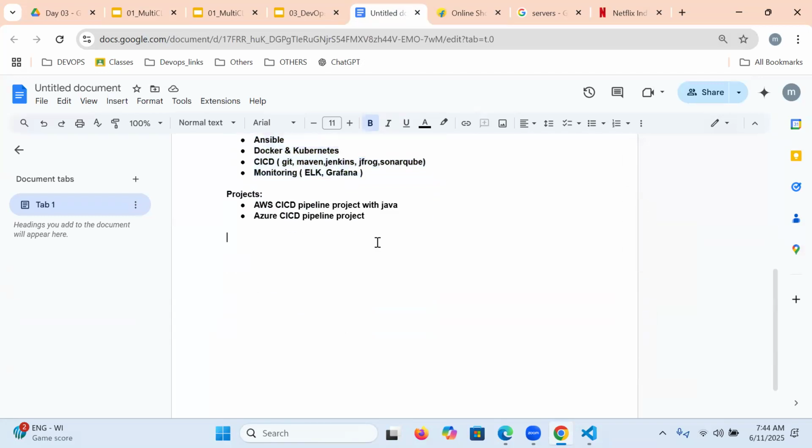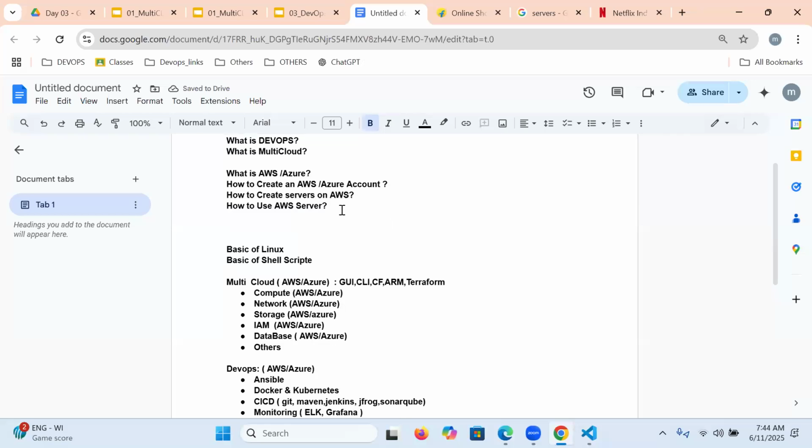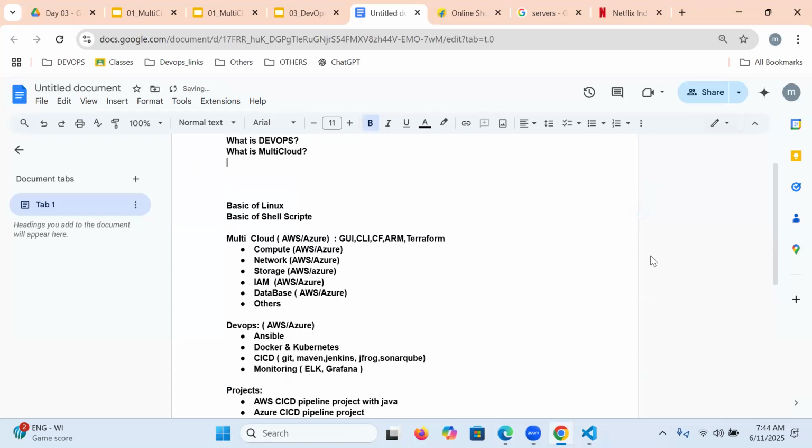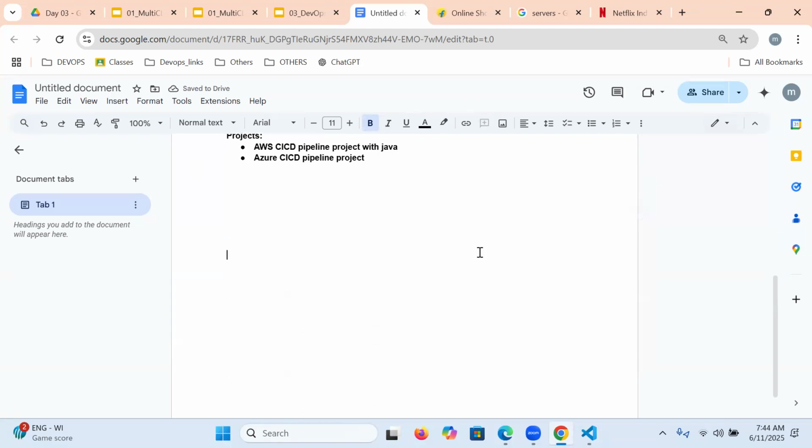But if you want to get into the cloud, first we need to create an AWS account. Guys, please, I will provide the document in the chat box. You can download it and create an AWS account and an Azure account also.